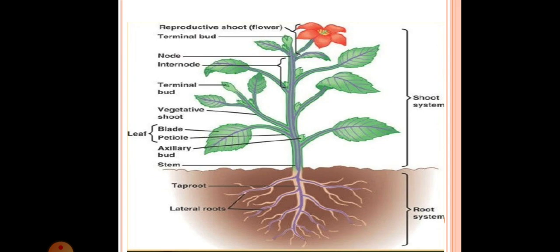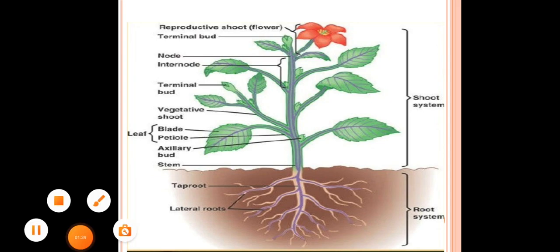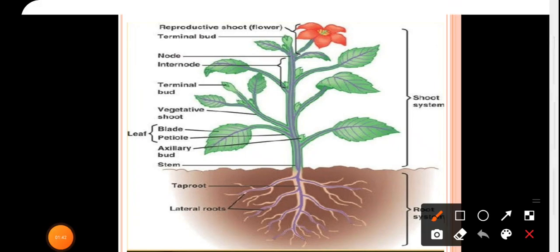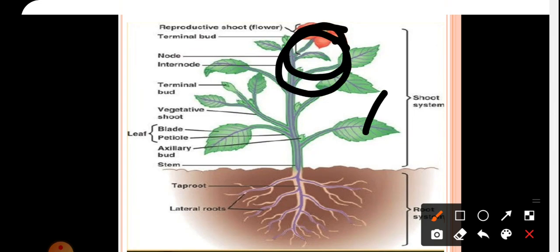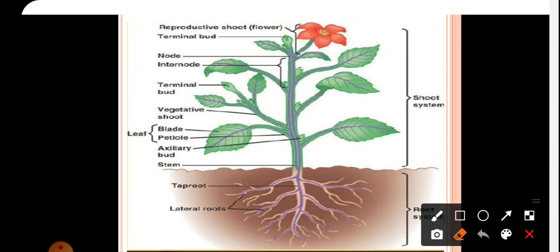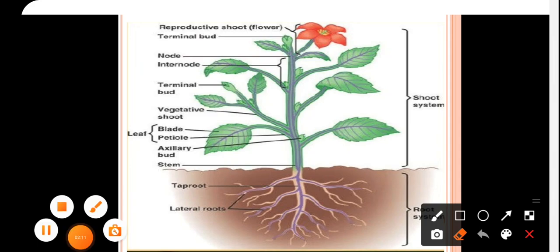In a flower, ovaries are there. So in a flower, ovaries are present. In this plant, the ovaries are present, and seeds develop from the ovule. During development of the seed,